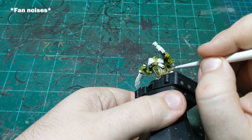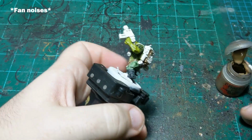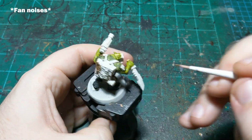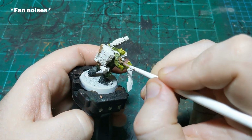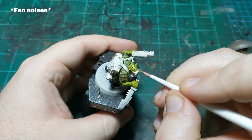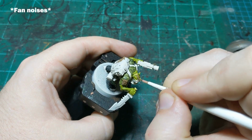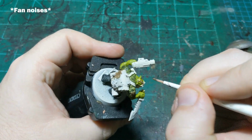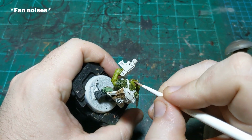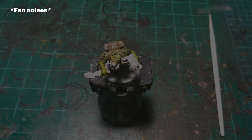And then just make sure to get all of this backpack back here. Get these pouches that are on the side of the backpack. And then he's got a pouch right here that we're going to get as well. And the last detail that you might be prone to forget is just this above his helmet here. So we're going to get that. But yeah, I will finish this step up, fix that mistake on the pants, and then